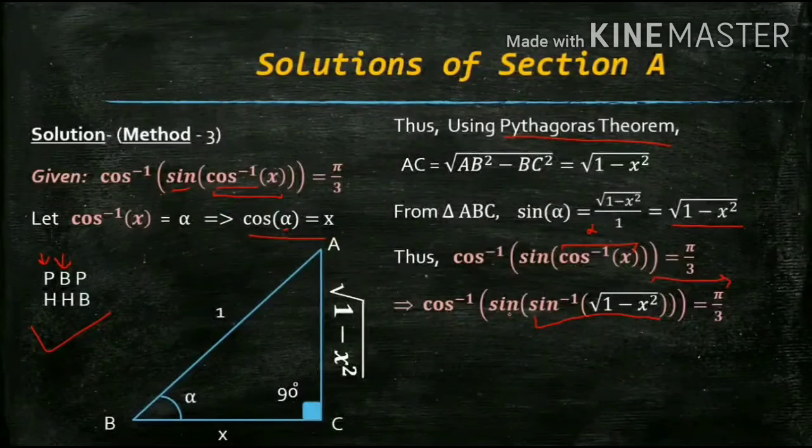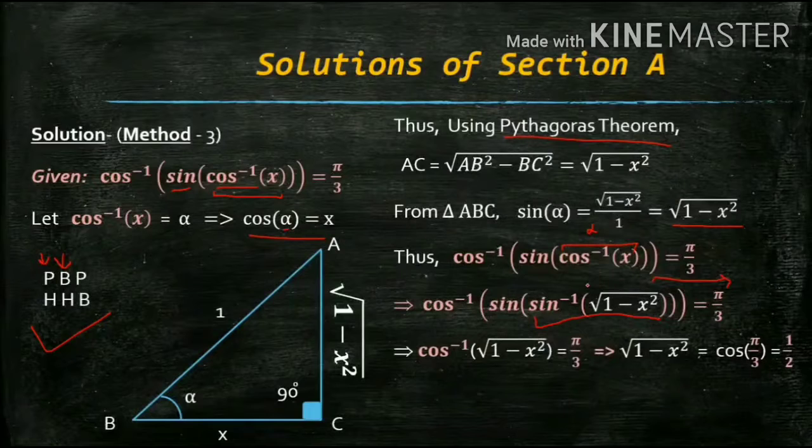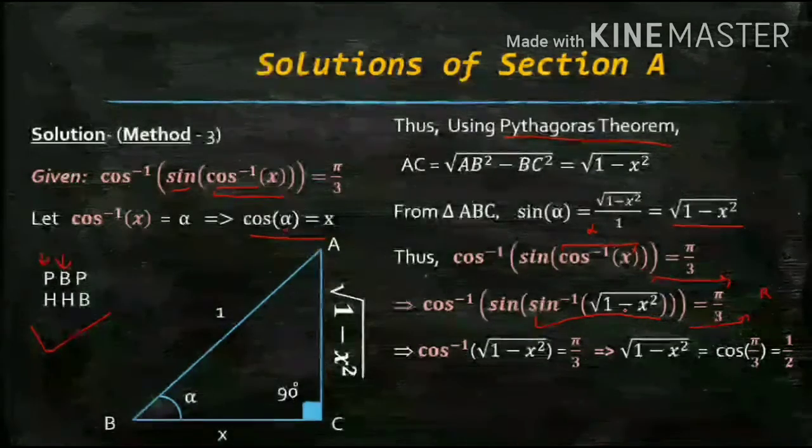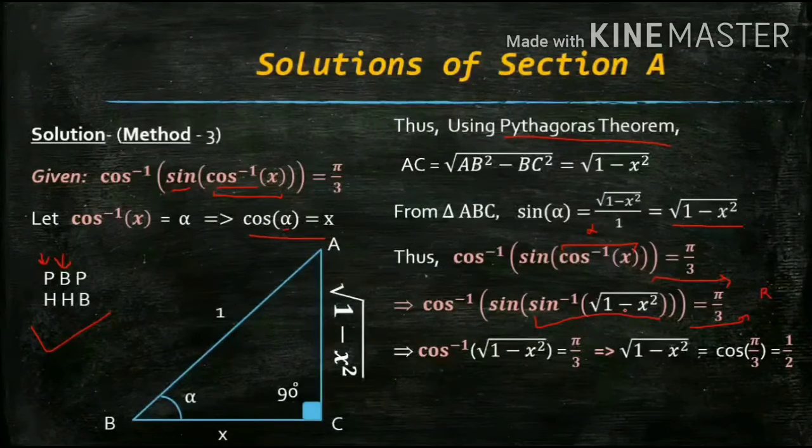Now sine of sine inverse x, again the same thing because it's square root, so it's nothing but belongs to that domain. So it would become cos inverse of square root 1 minus x square, and which is pi by 3. Now again the reasoning I have not written over here. You have to write the reasoning that sine of sine inverse x equals x for all x belongs to closed interval minus 1 comma 1. So you have to write that.